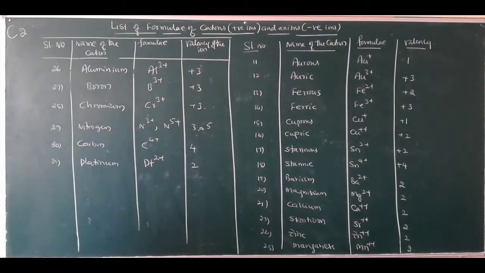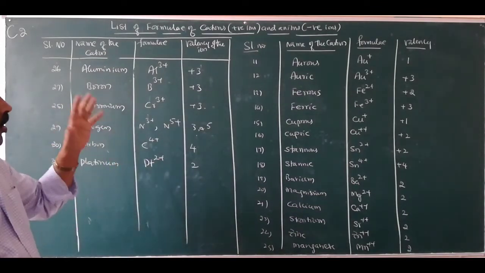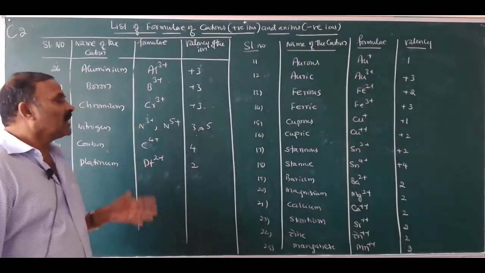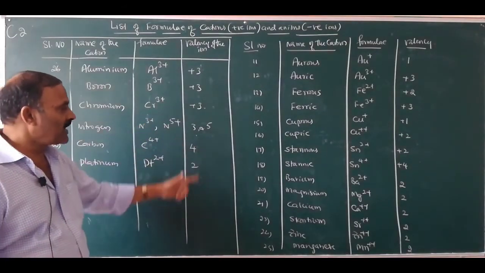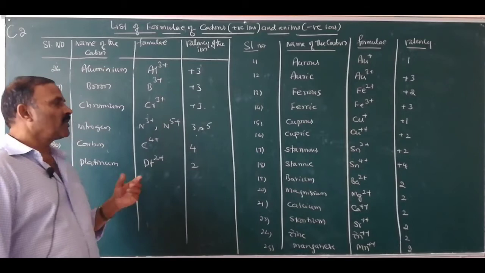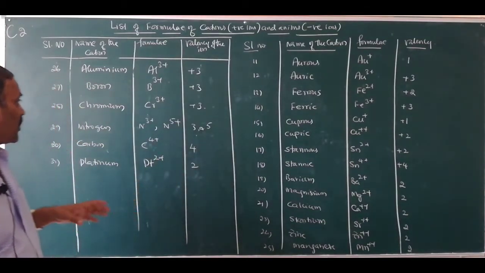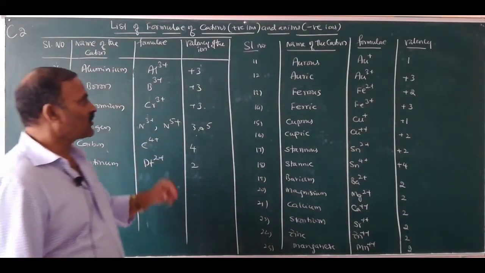These are some of the important cations we will come across in our studies. So ammonium, NH4+, what is its valency? +1. All cations carry positive charges. The number of positive charges carried by the ion is equal to the valency of the ion. So it may be +1, +2, +3, etc. So you have to remember the valencies of the ions which I have given.